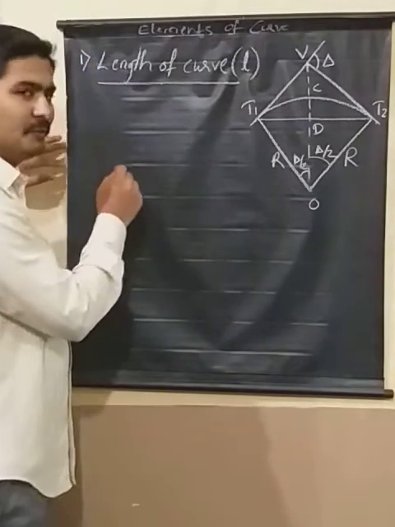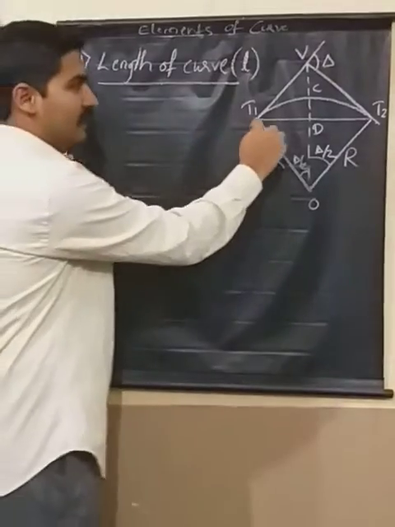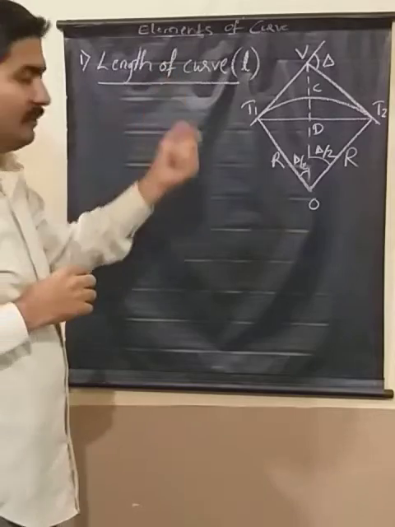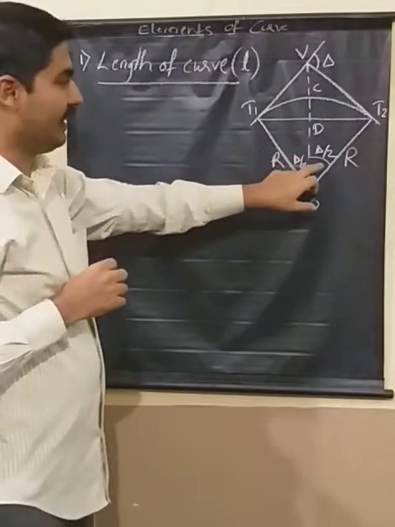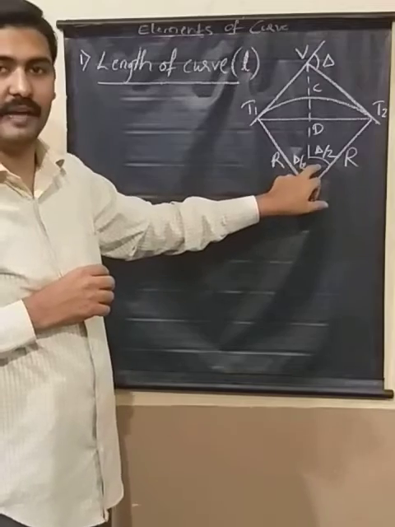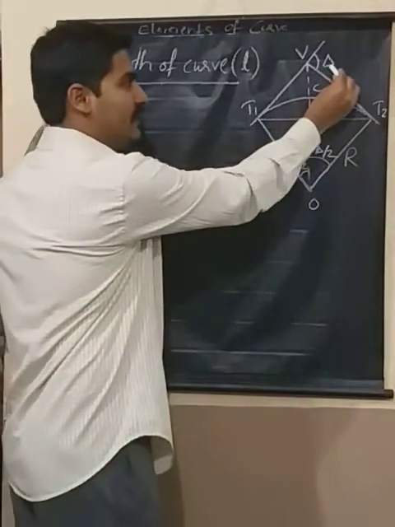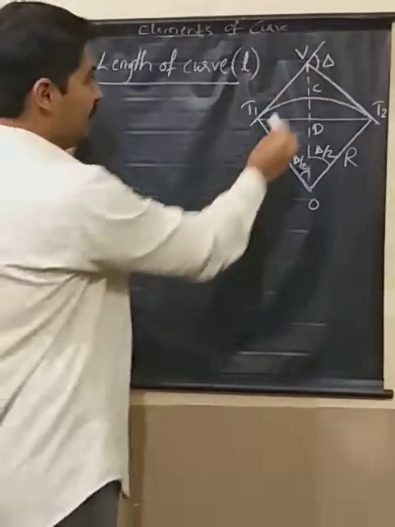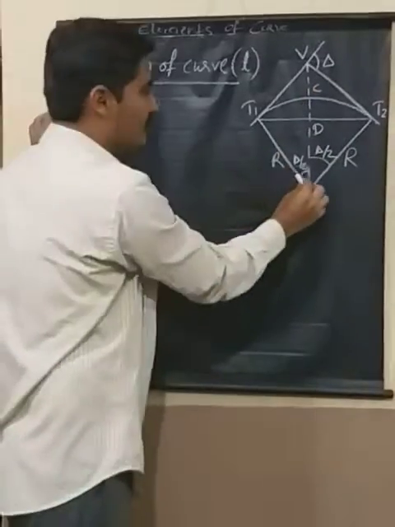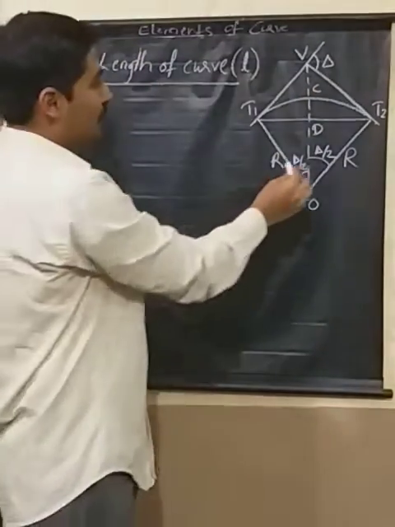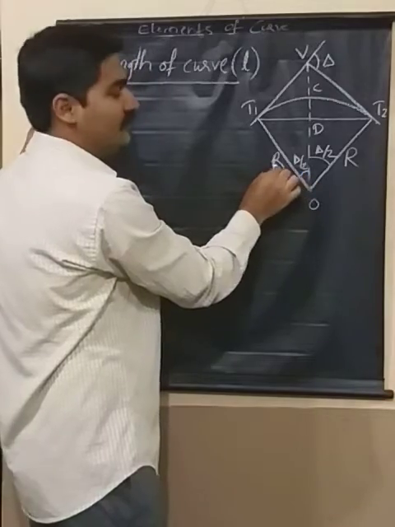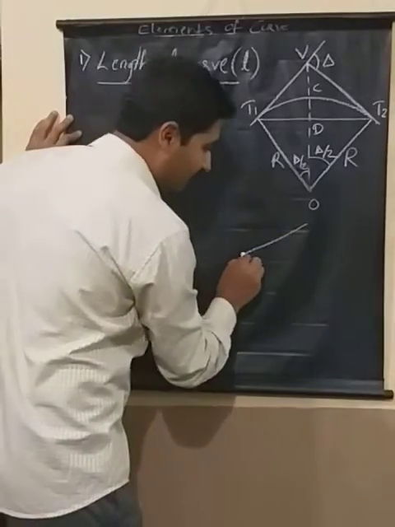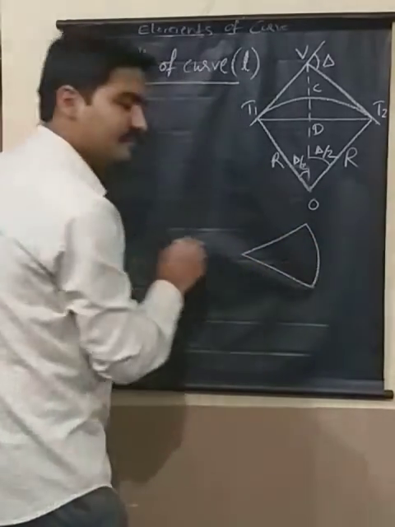So to begin with, I know the radius of the curve and the angle of intersection or central angle. As I have told you, in case of a simple circular curve, the angle of intersection will be equal to the central angle. So if this is delta and this is r, how am I going to get the length of the curve? To understand this better, imagine an arc.